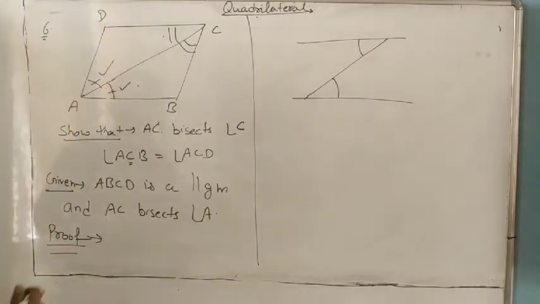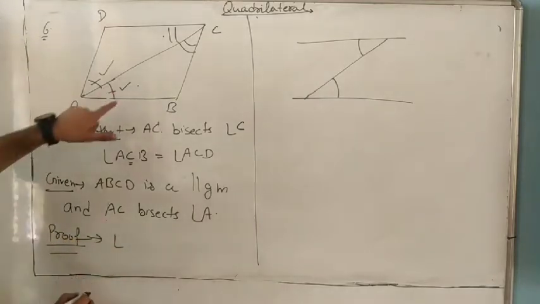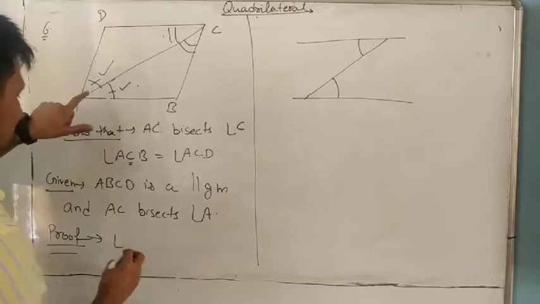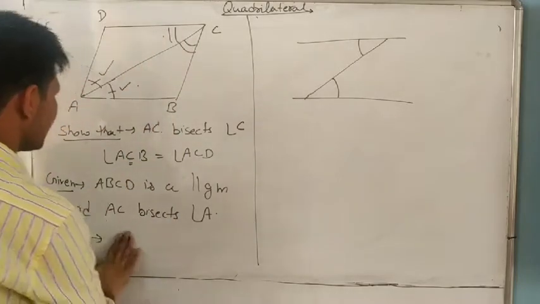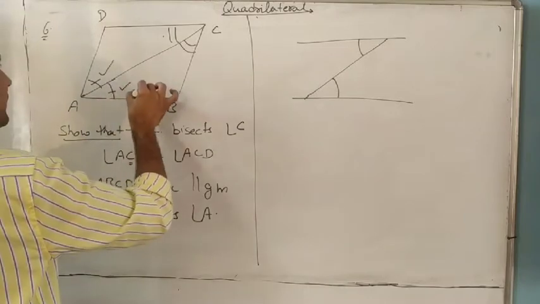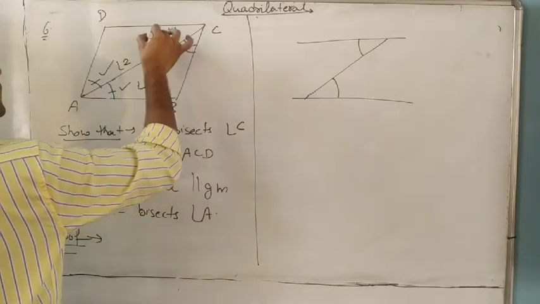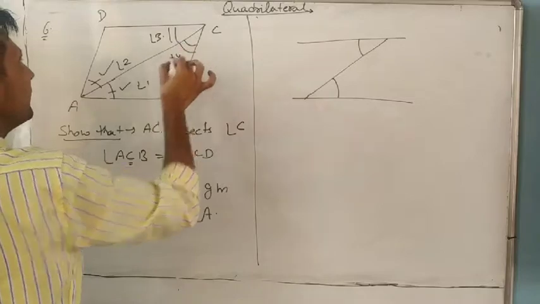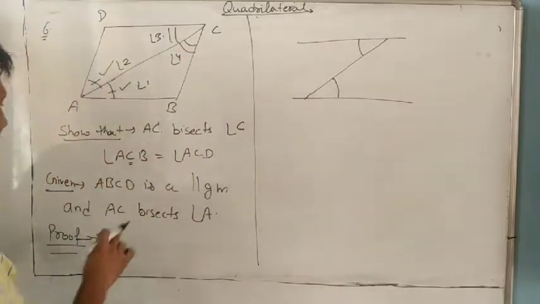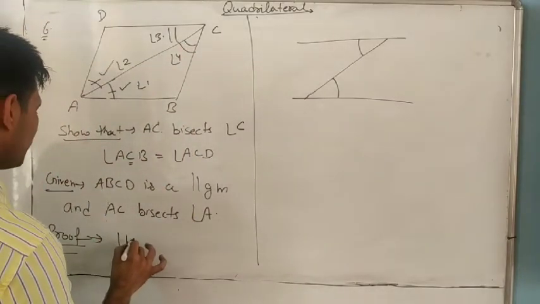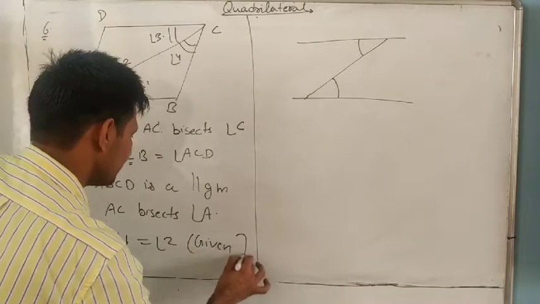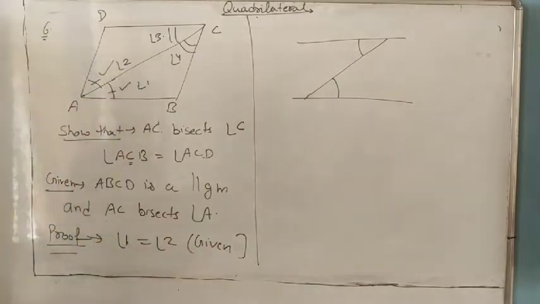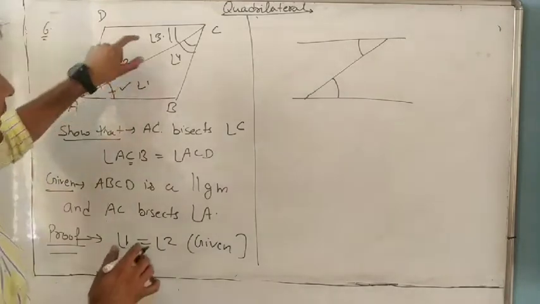So you can write angle A. This one angle, what is the name? Otherwise you can give the names also. This one angle 1, angle 2, it is angle 3, it is angle 4. You can give the names. So you can write angle 1 equals angle 2. Already given in the question? Yes. Next, angle 1 equals